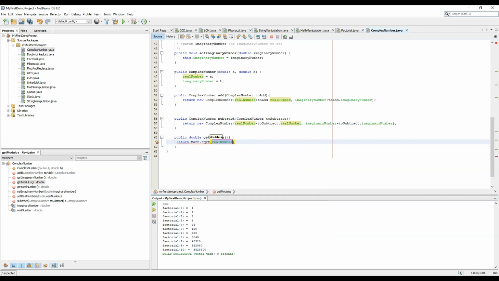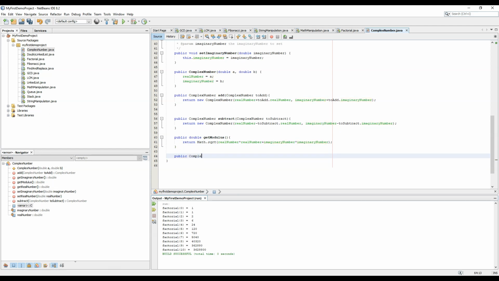So we are using an inbuilt function, square root, which is used to calculate the square root of the number: real number into real number plus imaginary number into imaginary number. So this gives us the modulus of the complex number.